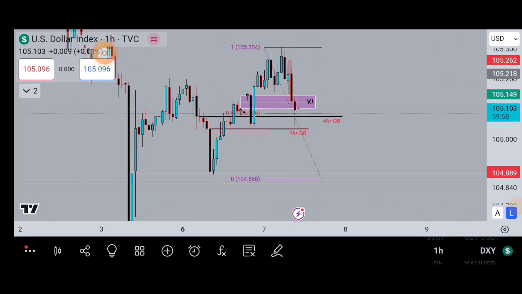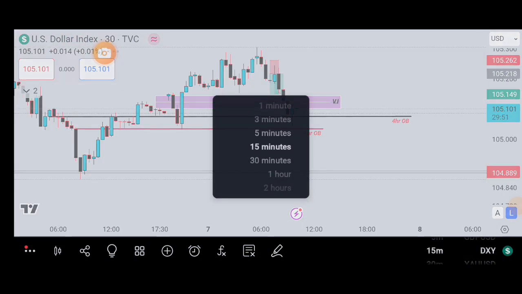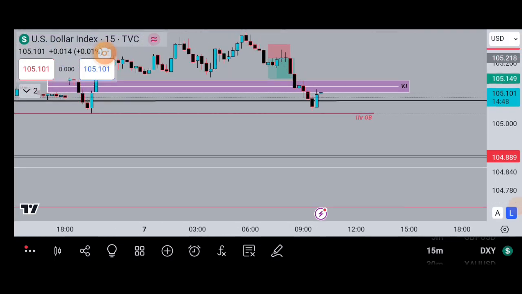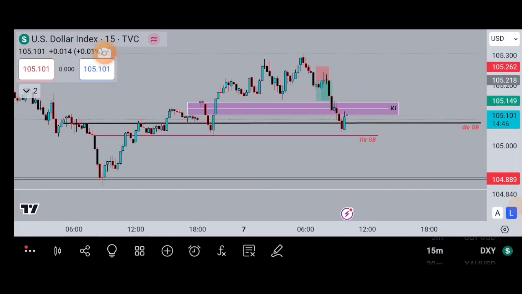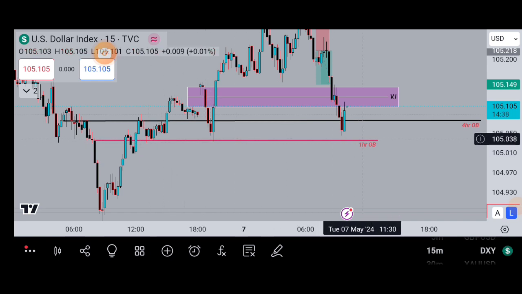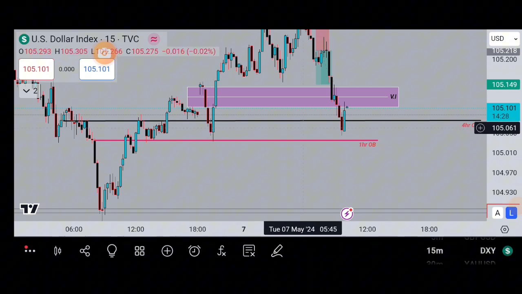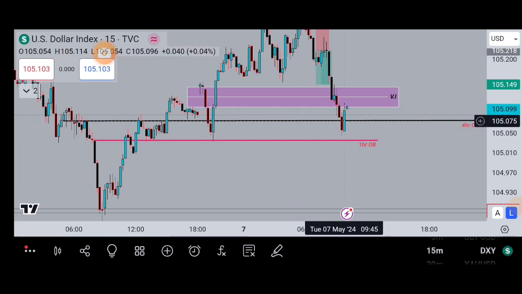So get rid of our Fibonacci, and I have this level I'm watching. Going on to the 15 minutes time frame, what I'm seeing over here is we have these relative equal lows paired with this 1 hour order block. And currently what is happening is we had a dip into this last down close candle inside the 15 minutes. Then we can see this candle creating